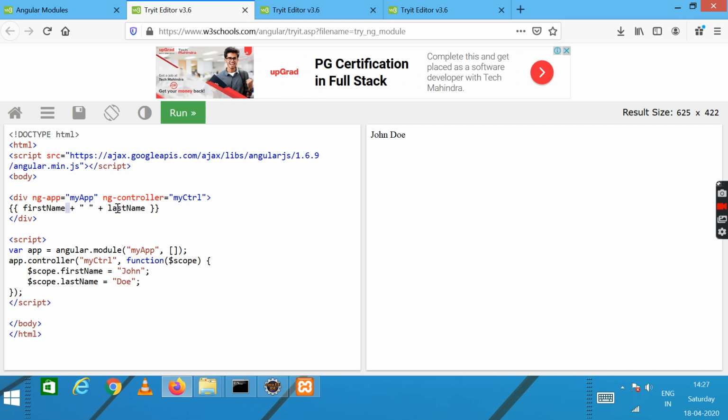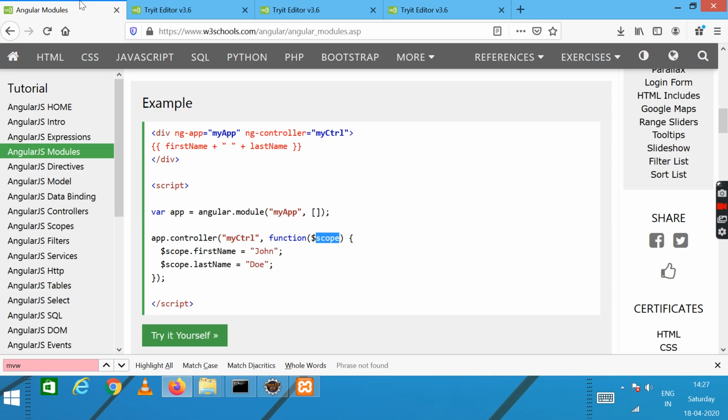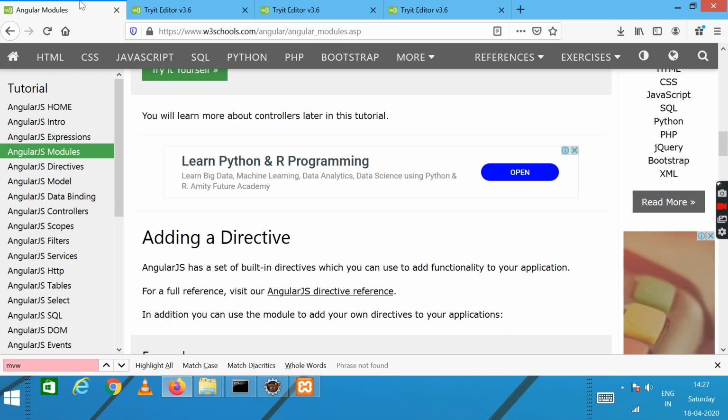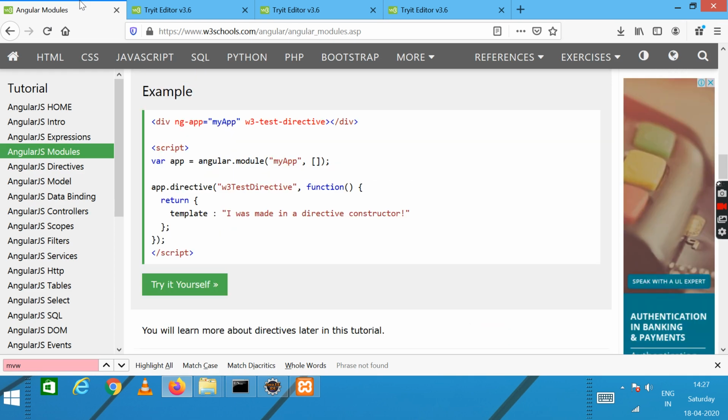So this first name and last name are the current variables which have been assigned John and Doe as their values. So this is used with respect to modules. These directives we have to use in the assignment part. Like this, we have different filters and services in AngularJS.